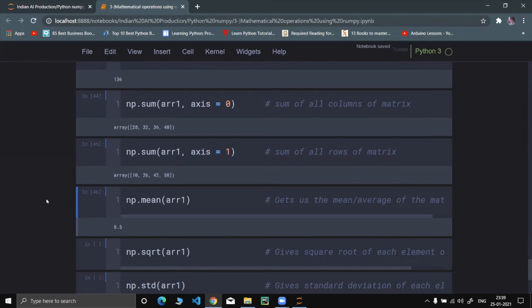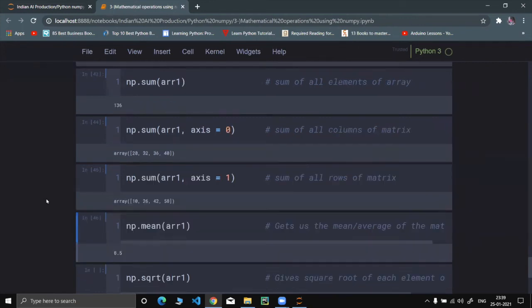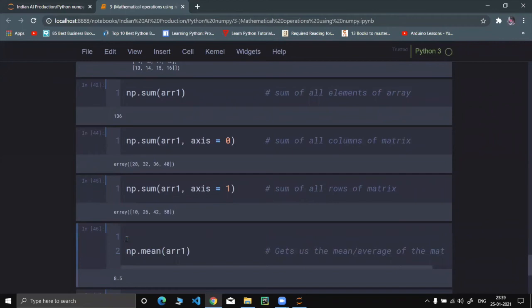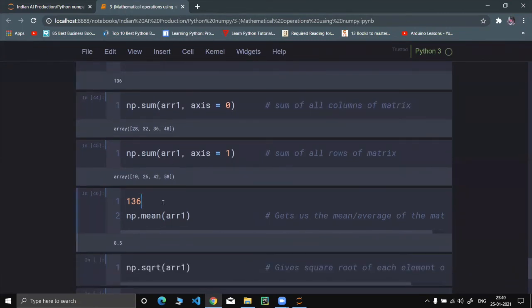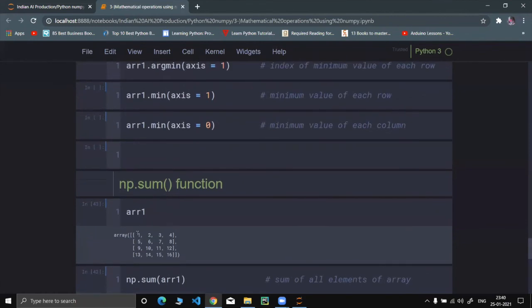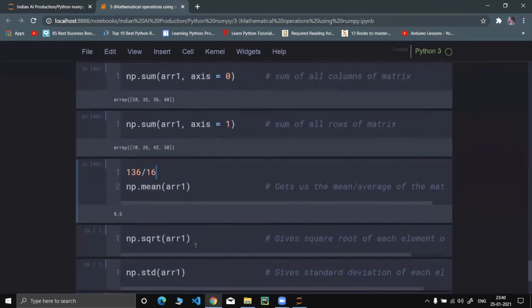Yes. So this 8.5, how we have got it, let me show you. In our matrix, the sum of all the elements is 136, since we have calculated it over here in the ARR1 array, and we'll just divide it by 16 elements, which it consisted of.